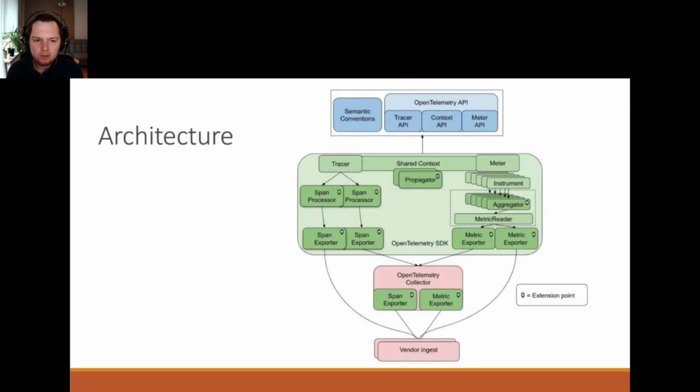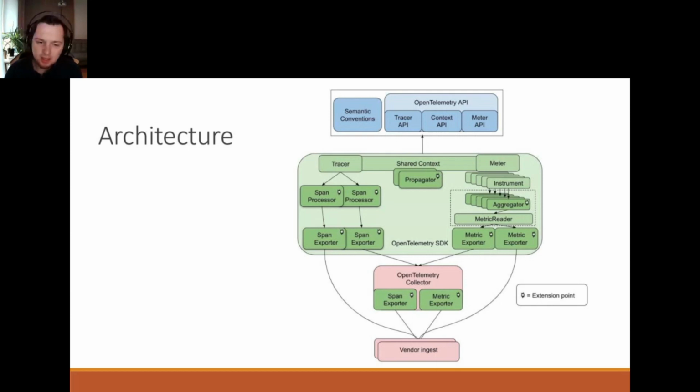Okay, so we were talking about instrumentation, and let's go back to OpenTelemetry as a project. I just wanted to mention a few things about the architecture. It's composed of the API that application developers use to instrument the code, as I was mentioning.